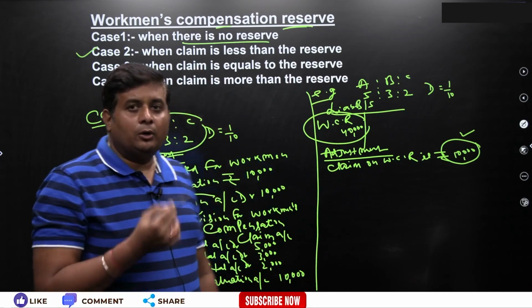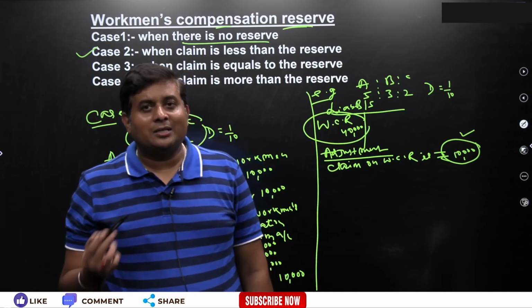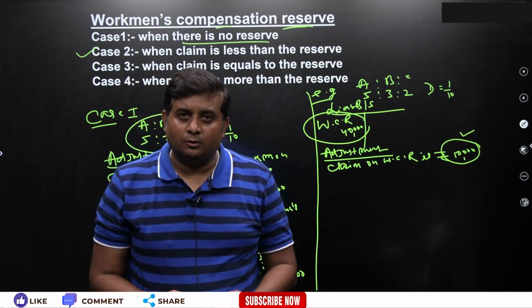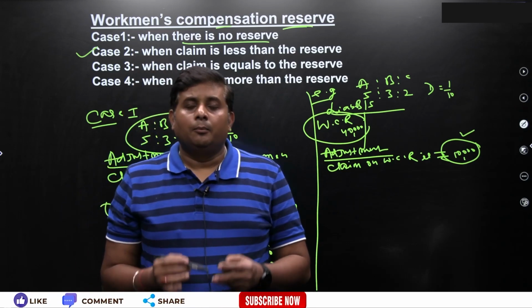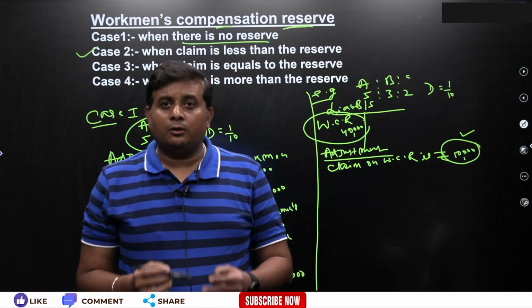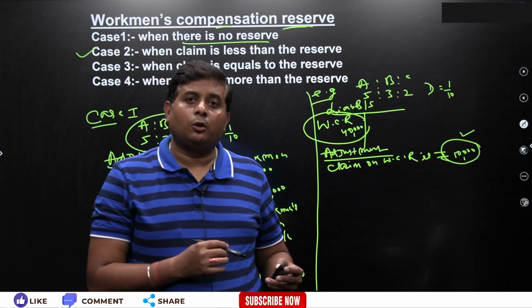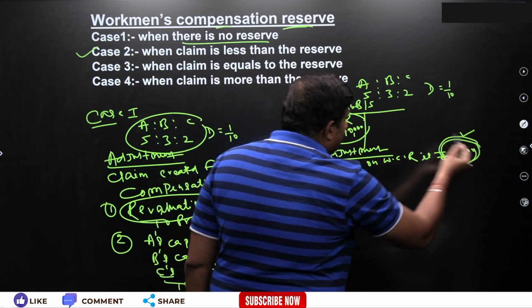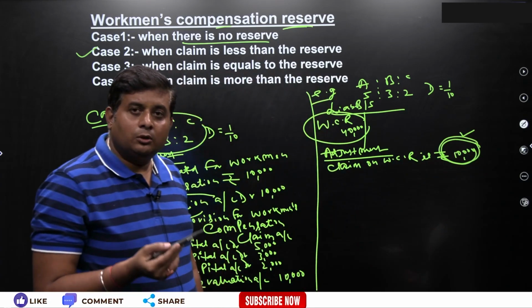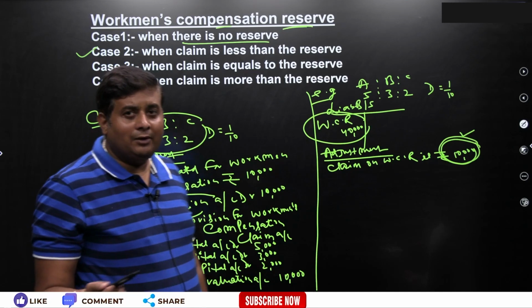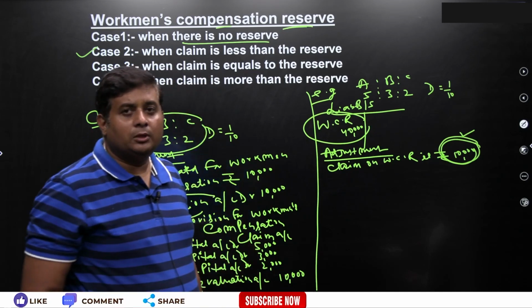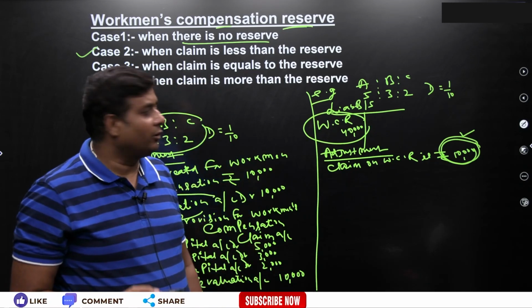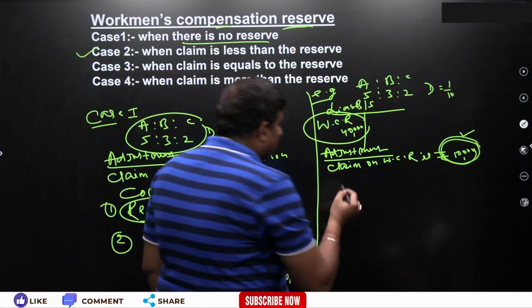So, the unclaimed amount has to be distributed to the old partners in their old profit and loss sharing ratio. Why? Because this has already been created out of the profit, and profit belongs to the old partners. So after adjusting this value, whatever difference we have, which does not have any use in the organization, has to be distributed to the old partners in their old profit and loss sharing ratio. So, the journal entry should be